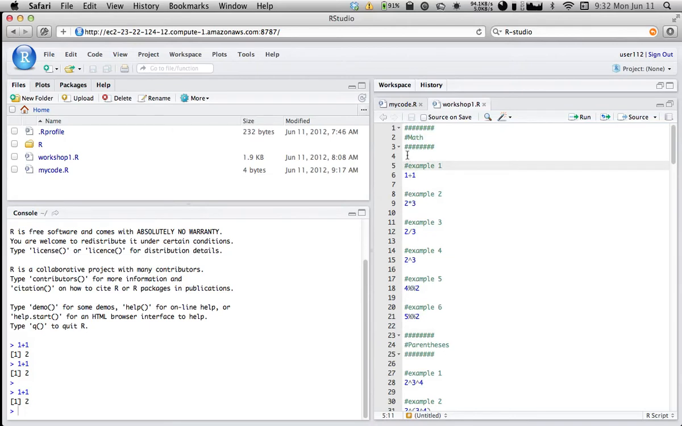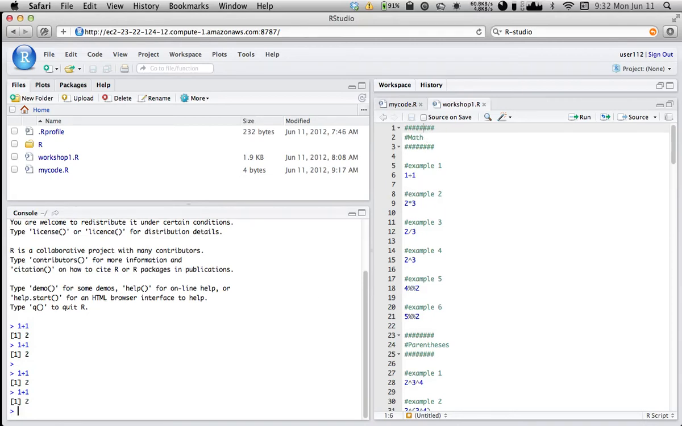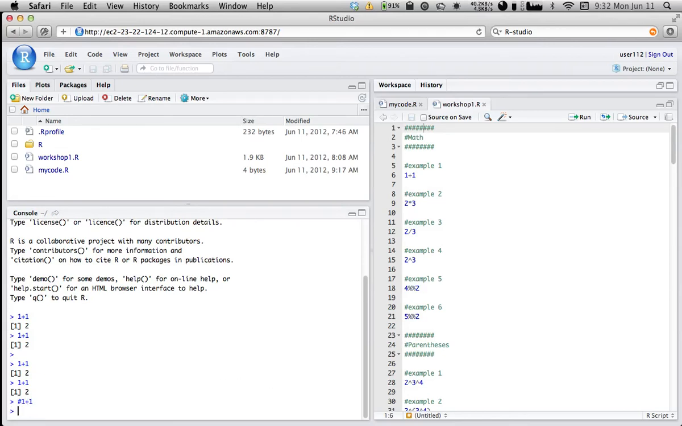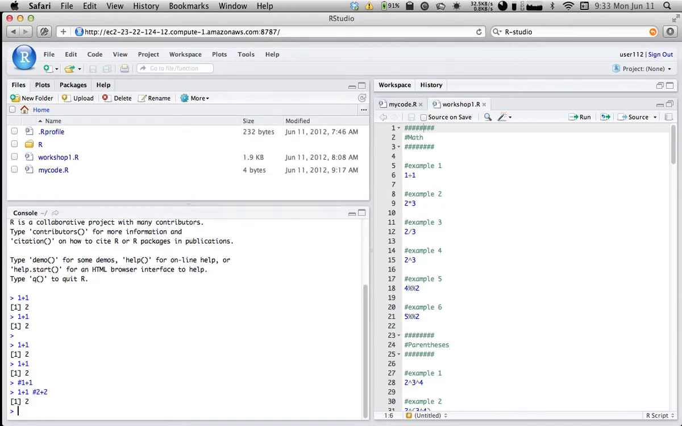So R actually ignores anything that comes after the number sign. If I type 1 plus 1 in the console down here, it'll say 2. If I type hash 1 plus 1, nothing happens because R has ignored everything after the hash. I can say 1 plus 1 hash 2 plus 2, and it only evaluates what's before the hash mark. What's nice about that is that we can use hash marks to insert notes and comments